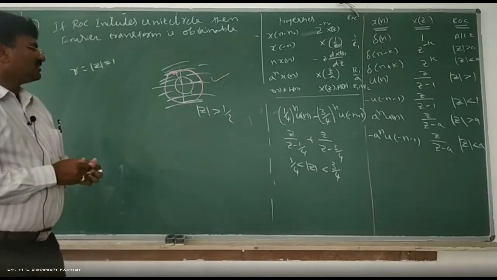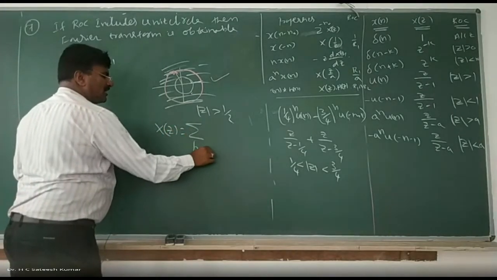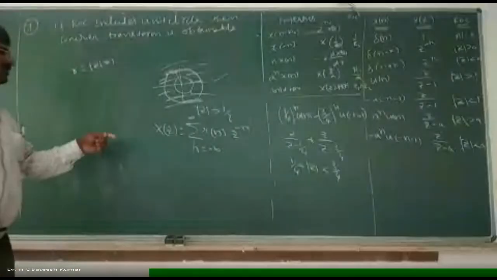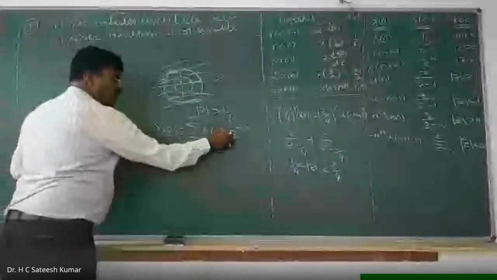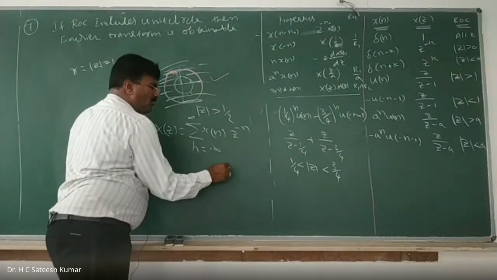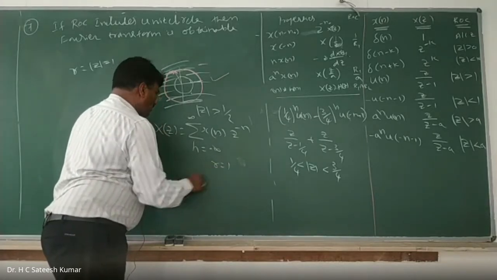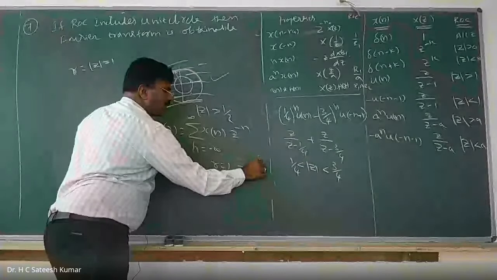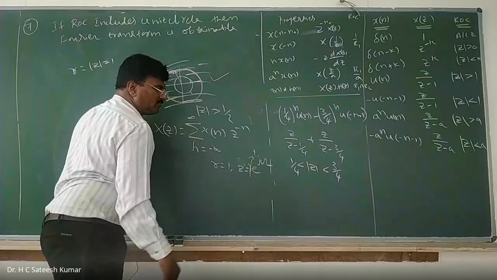What is the meaning of that? We have X of z equal to the summation, n varying from minus infinity to plus infinity, of x of n into z to the power of minus n. This is the transformation of any sequence x of n. If you want to convert this Z transformation into the Fourier transformation, what should we do? Z should be replaced by R into e to the power of j omega. When R is equal to 1, Z becomes e to the power of j omega. So substitute